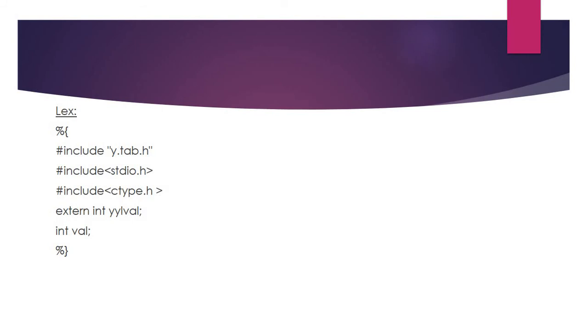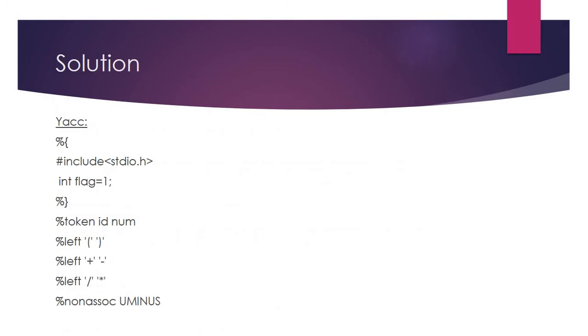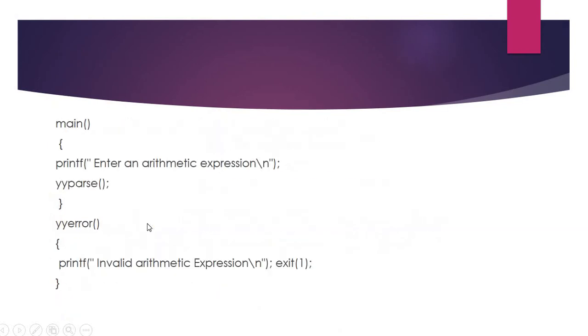And in the Lex program corresponding to the Yacc program we have discussed now, we have to include y.tab.h. This y.tab.h is not user created, it will be created by the Yacc tool. If you remember, in the Yacc program we have written %token id number. When the Yacc tool sees this command, it writes these tokens, and for each one of them a unique ID will be assigned and written to a header file called y.tab.h. That header file we want to refer to in the Lex program.